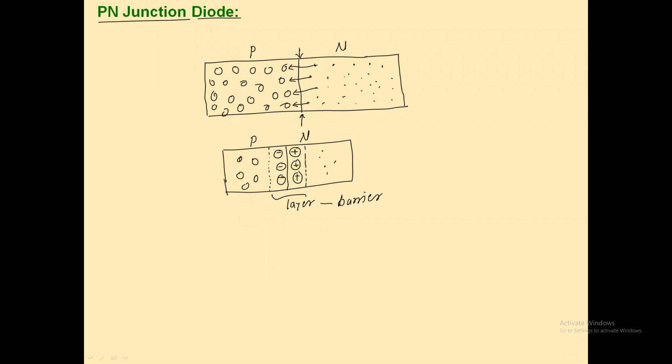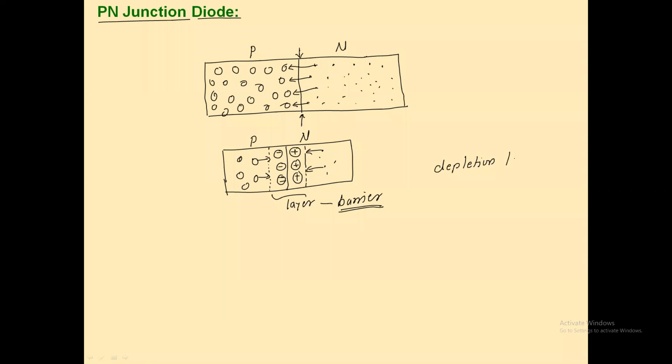Meaning, once that layer is formed, that layer will avoid the movement of electrons from the N region to the P region and the holes. Meaning, the movement of electrons from the N region to the P region stops. Because this layer will create the barrier. Barrier means opposition. Get it my point? So this layer is formed within a very short time, and this layer is present in the P region as well as in the N region near the boundary. So this layer is called a depletion layer.